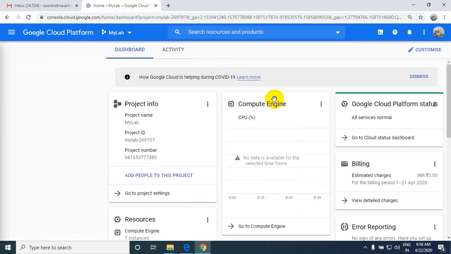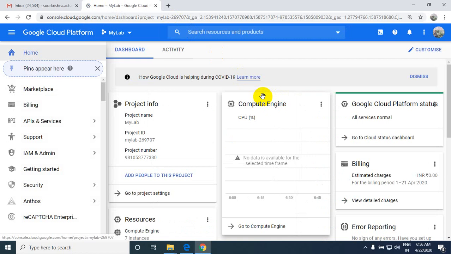Here is the main page. Here you can do a lot of things. So the basic things I'm going to tell you about the billing and how to create the project and the instances. So the very basic thing is you need to create your project. So I have already created one as my lab. Once you have created the project name, by default the ID will be created, and this is what you can see how it's been created.